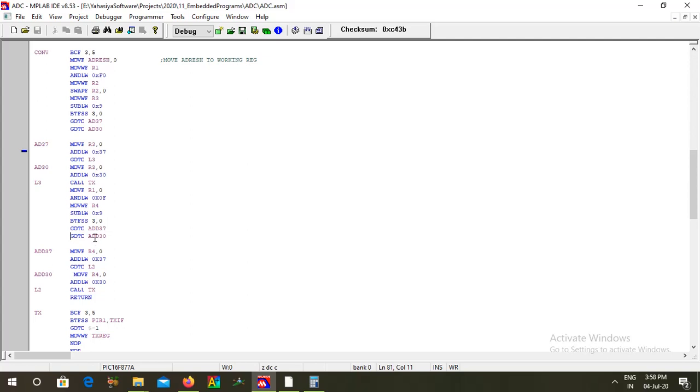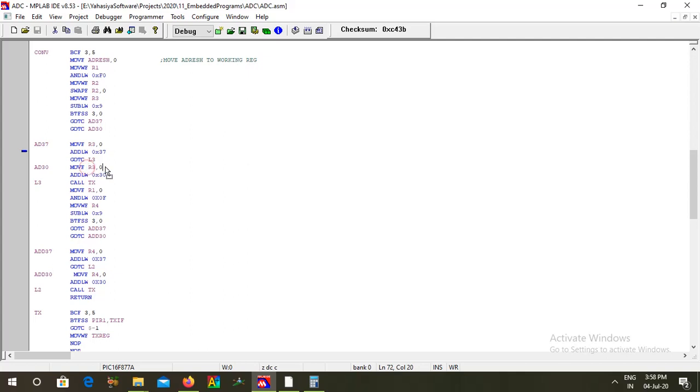So if that is the case, this program control will come here, then it transfers to ADD30.